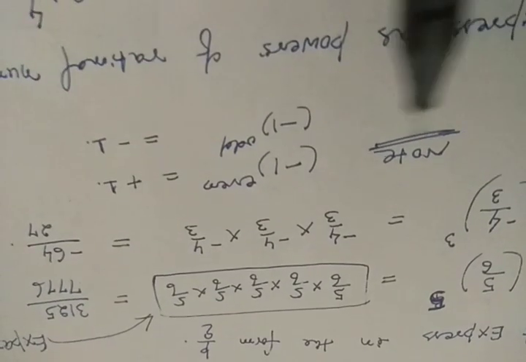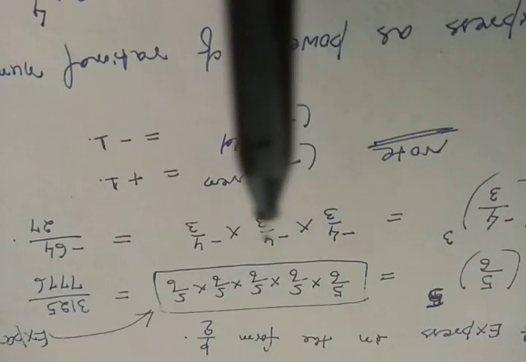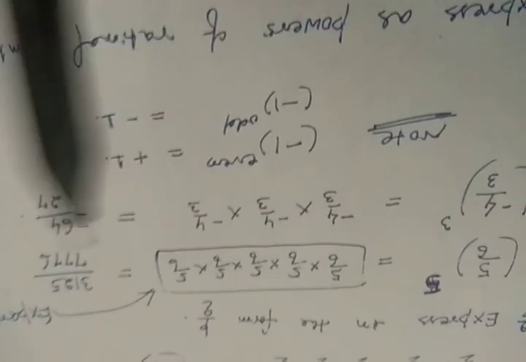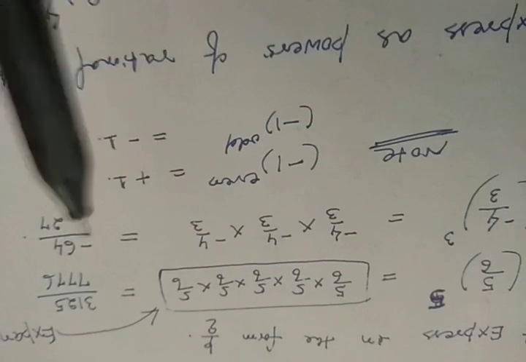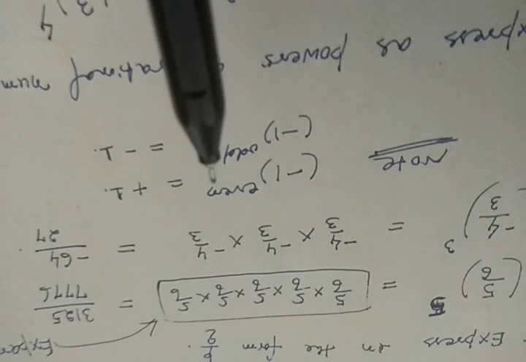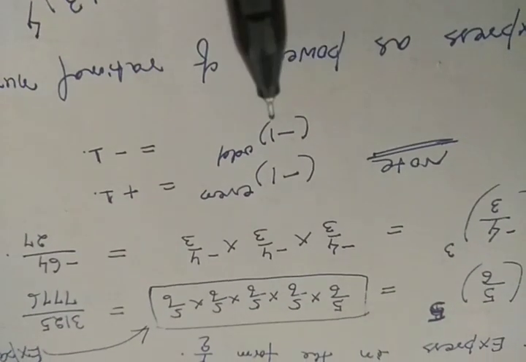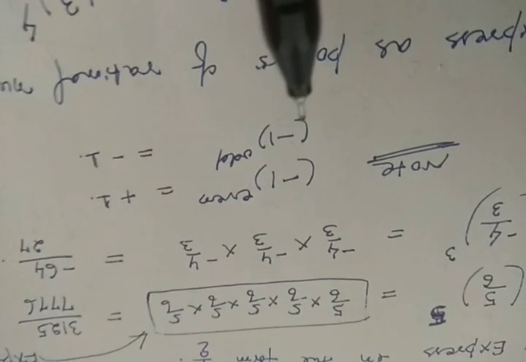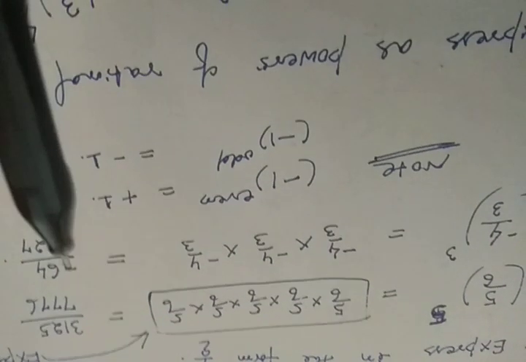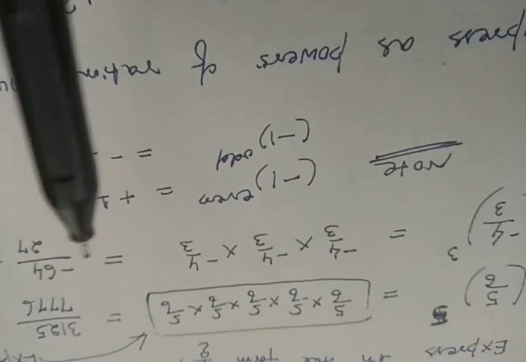Now I just mentioned this formula, minus 1 to the power n. I mean the negative number, how many times? Even number of times, I mean 2 times, 4 times, 6 times, 8 times, 10 times, and so on. If the minus occurs an even number of times, your answer should be positive. When the negative number is present an odd number of times, just see, for 3 times it is negative. So I mentioned here minus 1. So the power is either 1, 3, 5, 7, 9, etc.